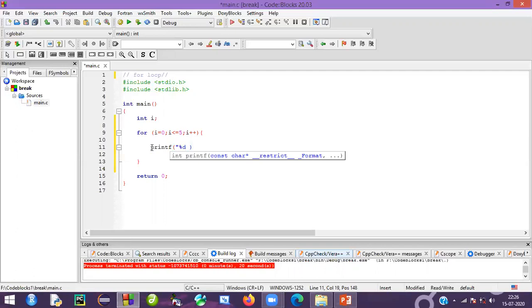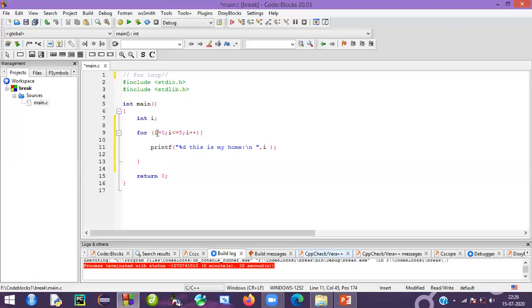I will print like this: "This is my home." And just add a new line, which is very helpful to understand the program very clearly. Then a comma, and just mention the variable. Mention the semicolon to end the statement.